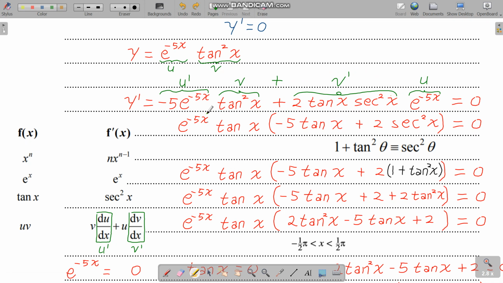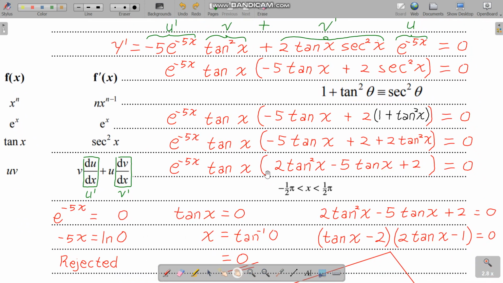So we can pull out e to the power of minus 5x tangent x, actually, so just tangent x. From the first term we still have minus 5 times tangent, and from the second term, after we pull out these two, we still have 2 secant squared. And then we use the MF19 formula for trigonometry: 1 plus tangent squared equals secant squared, so we replace this secant squared with 1 plus tangent squared. So we still have to multiply by 2,